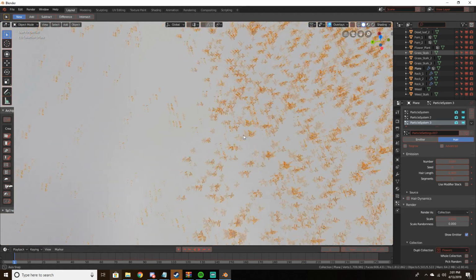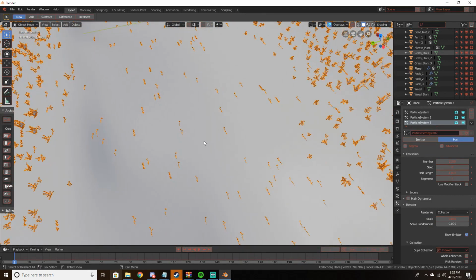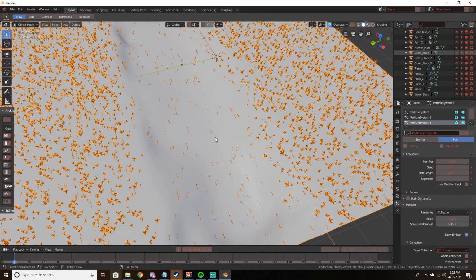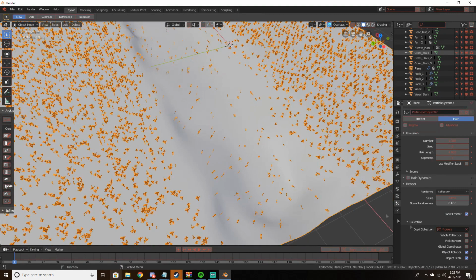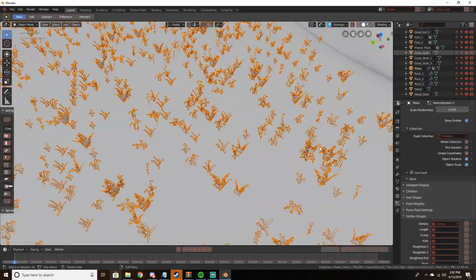And see, that's how it should have worked the first time. For some reason, it didn't. And I think it might have been because I mixed the grass and the weeds. For some reason, I don't know. Then I'm just gonna do object rotation. Then I'm going to select our vertex group down here. And our flowers